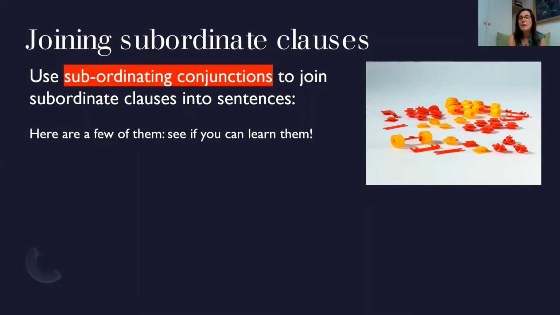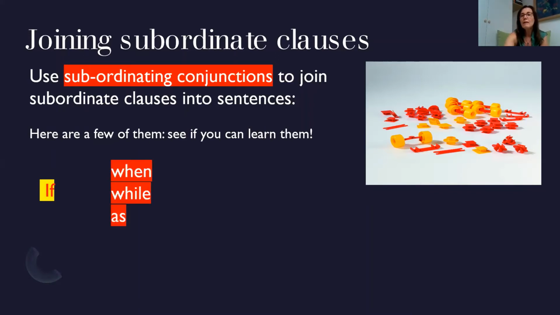I like to learn them in order and group together as I've done them, so that they act as a drop-down menu in your brain that you can just select from when you want to join a subordinate clause into a sentence. So let's have a look at them. If,